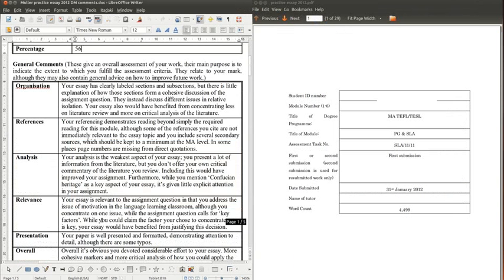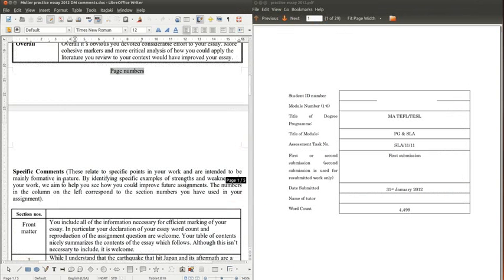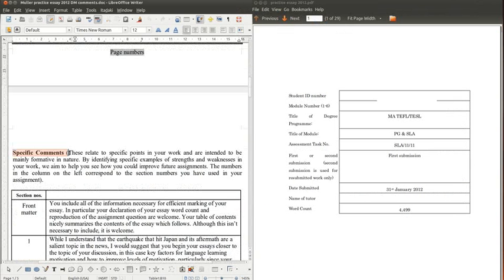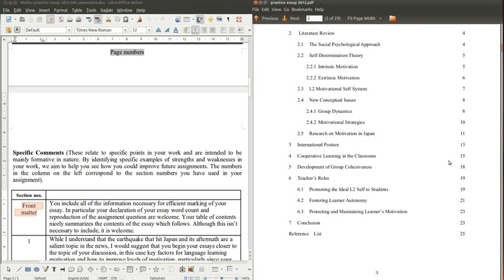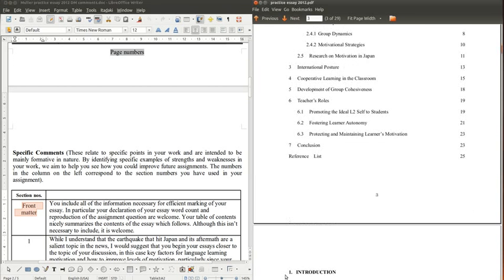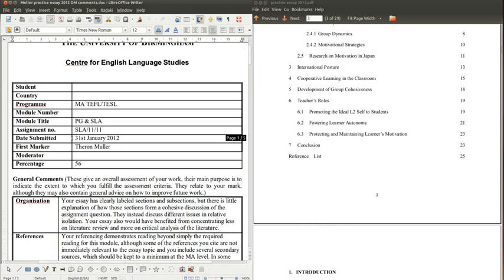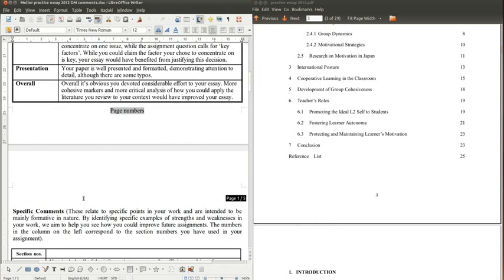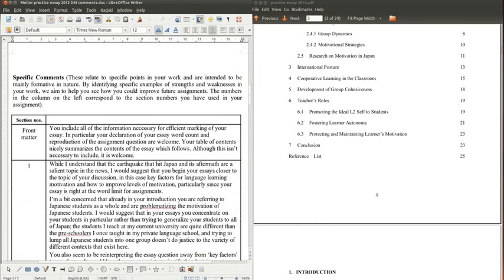and then I skip the general comments and I scroll down to the specific comments. And the first thing that I'll type is here, the front matter, and the front matter I comment on everything in the essay that happens before the introduction. And I'll be producing future videos that talk about the contents of the specific comments and the contents of the general comments. And so I'm not going to discuss very much today about what you should be writing in the